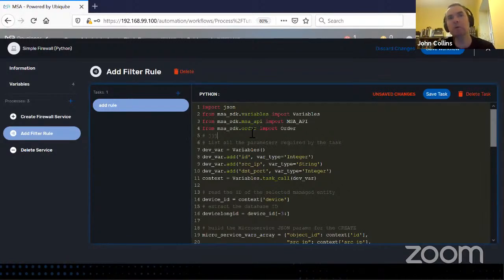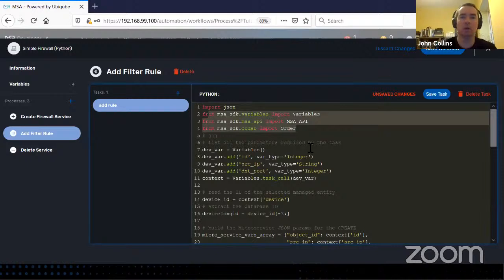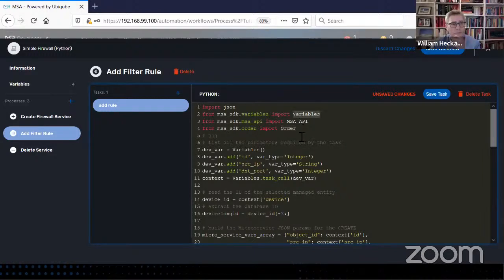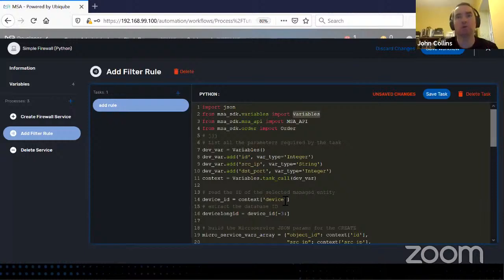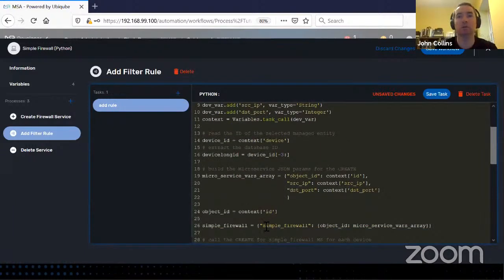Now you remember earlier I mentioned that we have an SDK. So we can see here's some examples of where we're importing some of the Python modules from the SDK. For example, we have one here for issuing an order to a microservice, one here for handling variables and so on. I'm not going to go through it line by line, but essentially what this code is doing